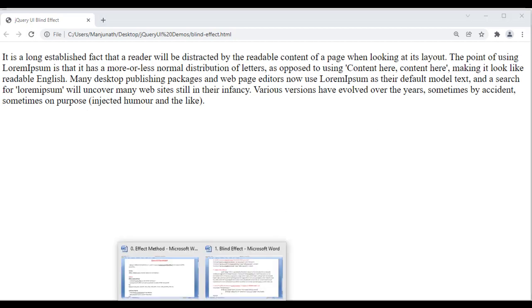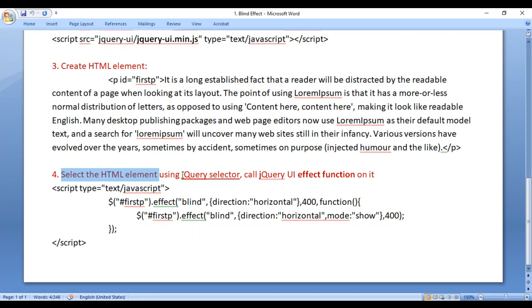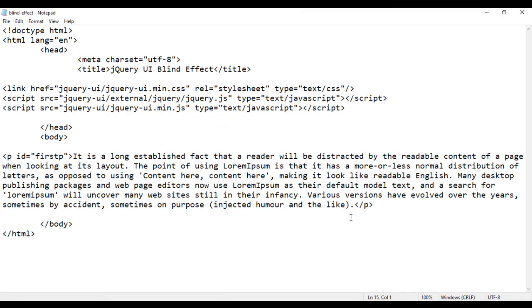After creating the HTML, next we select the HTML using a jQuery selector, guys. jQuery is also a JavaScript library. So we know that to embed JavaScript, we use the script tag. So I say here opening script tag and then closing script tag. Then I say here type equal to text/javascript. Inside the script tag, we can write the JavaScript code or jQuery code, guys.